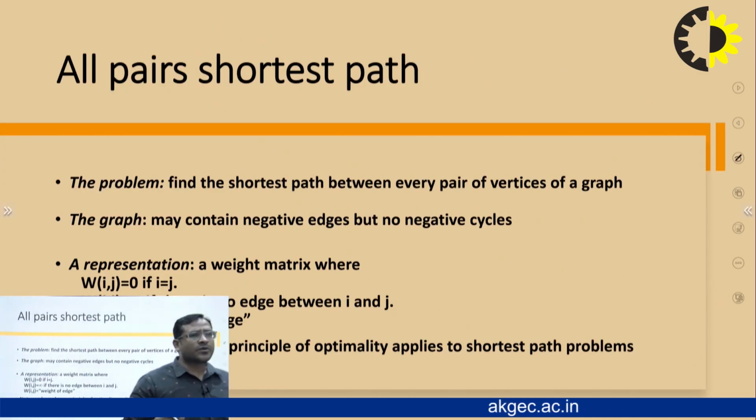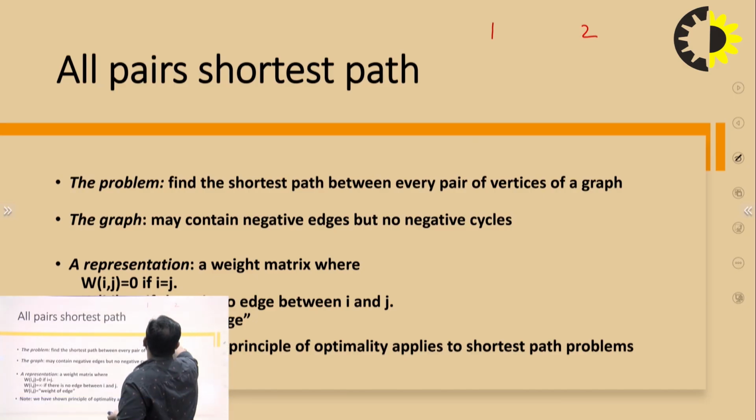Initially, let us discuss theoretically what we are going to do in this all pair shortest path. First, you have to understand what the problem is. The problem is to find the shortest path between each pair of vertices of the graph. Suppose we have here 1, 2, 3, 4. This is basically the graph. There are 4